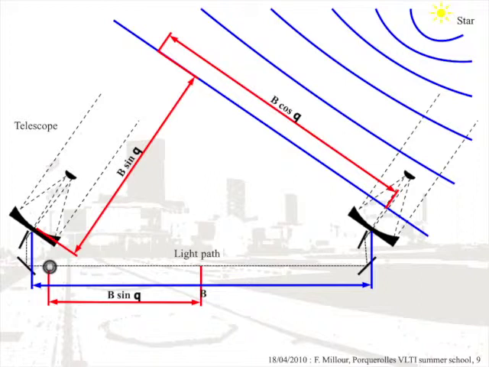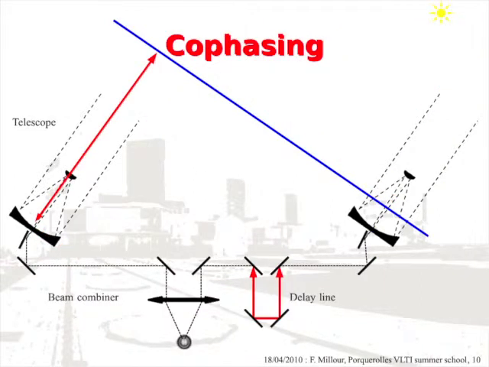So basically, for the first interferometers which were built, you had the instrument moving when the sky was rotating. What we do today is kind of different. We introduce a delay with a carriage with mirrors, which is called a delay line, and you have a fixed instrument, which makes it easier to build a better quality instrument in this case.